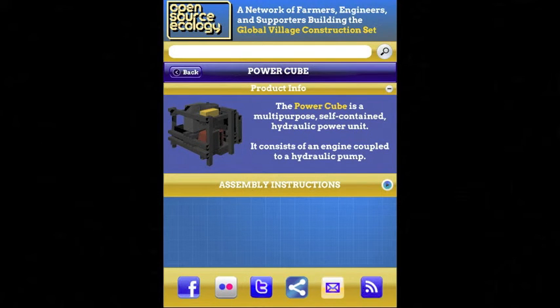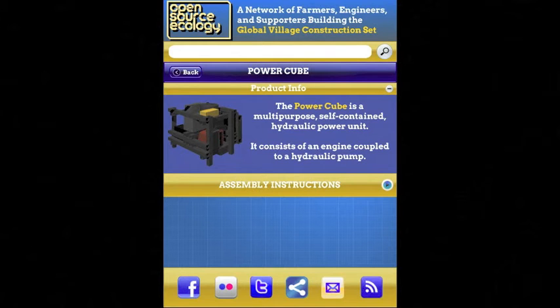Within this page, you will get an image of the final product along with a brief explanation of what it's used for. Now the real magic begins below that. As you can see, this is a link to the assembly instructions. What I want to do is take advantage of having the site on a mobile phone or tablet and enable a user to be able to click on that below link and have the instructions on how to start the process of building this product. So, with that said, let's move back to the home page and check out some of the other sites.